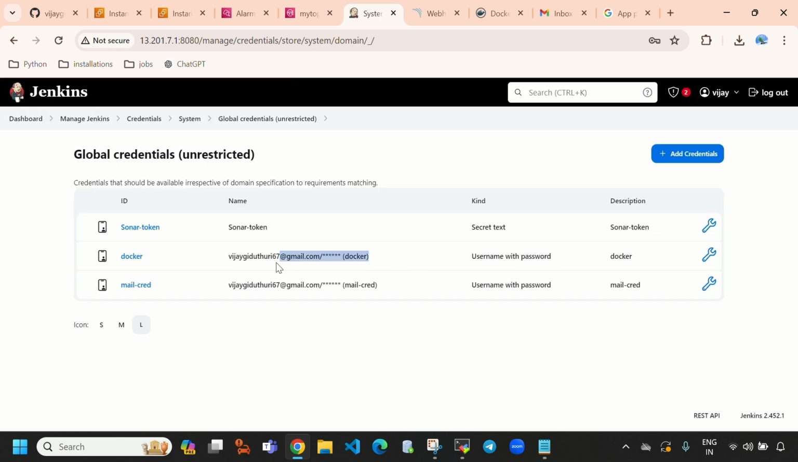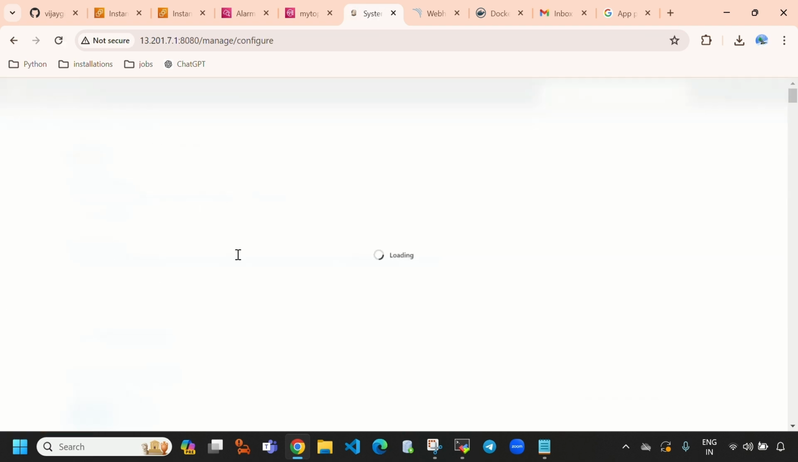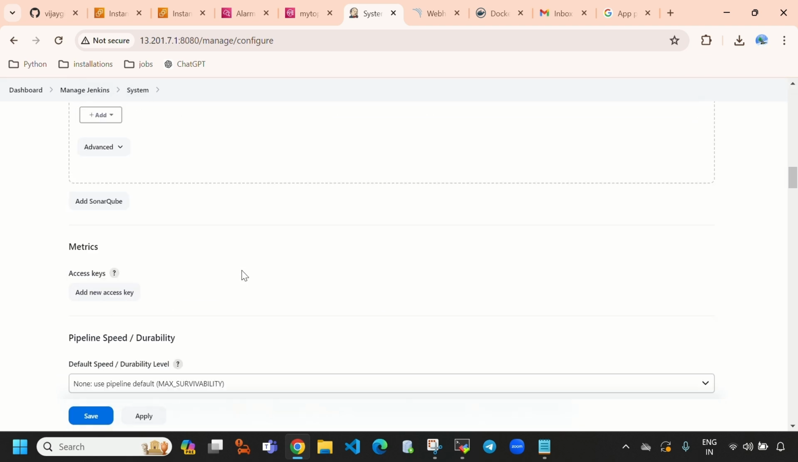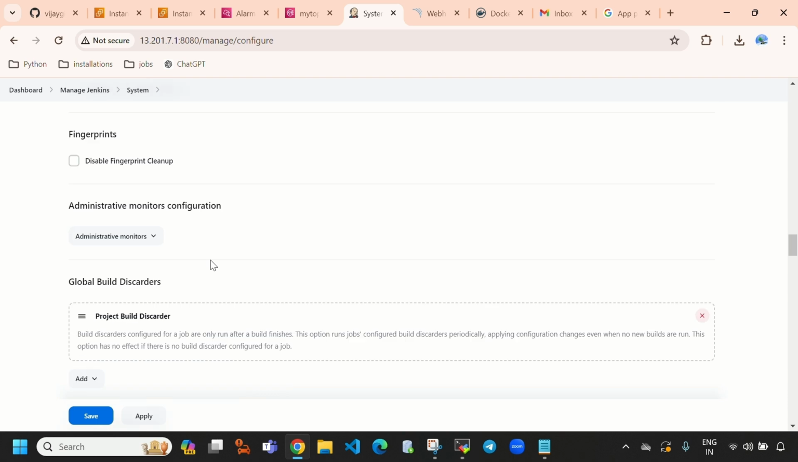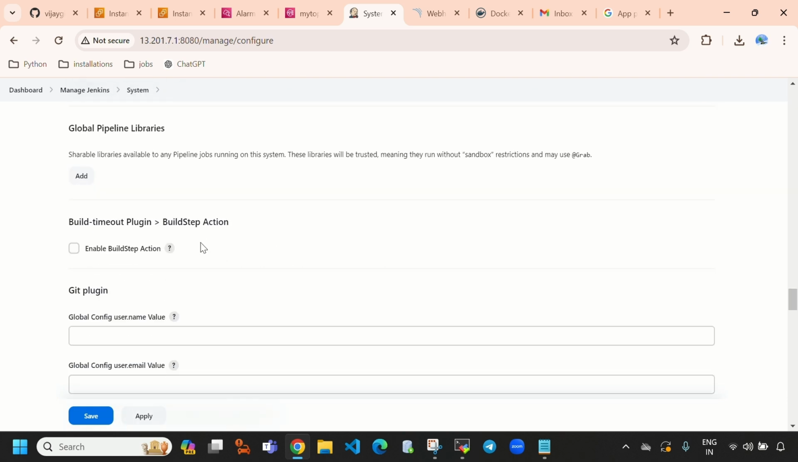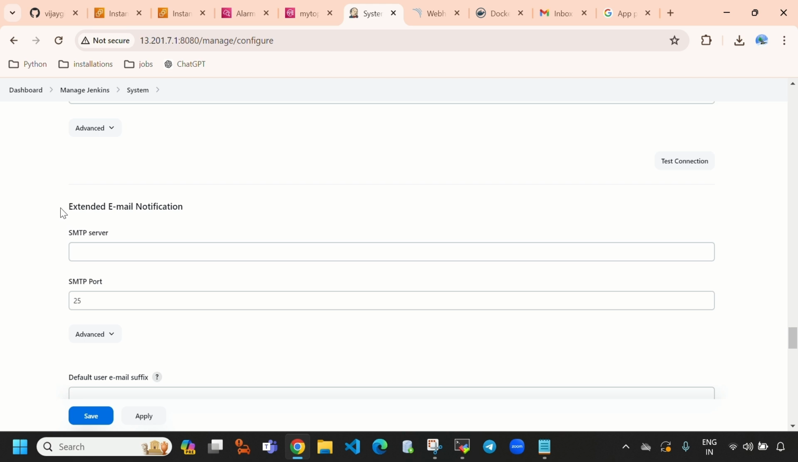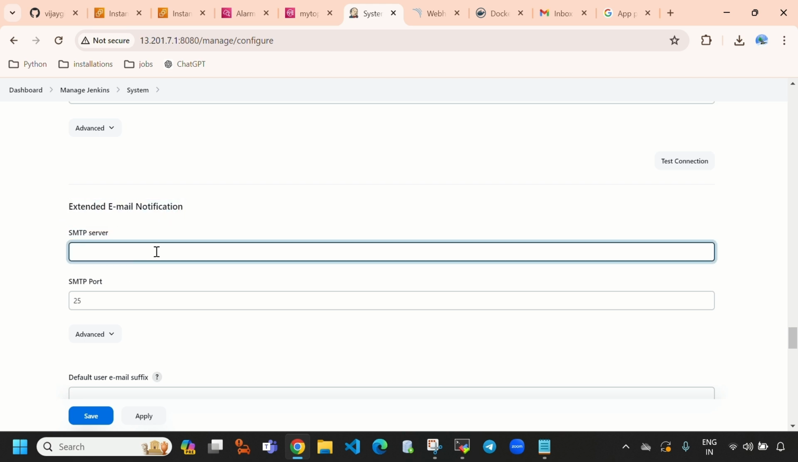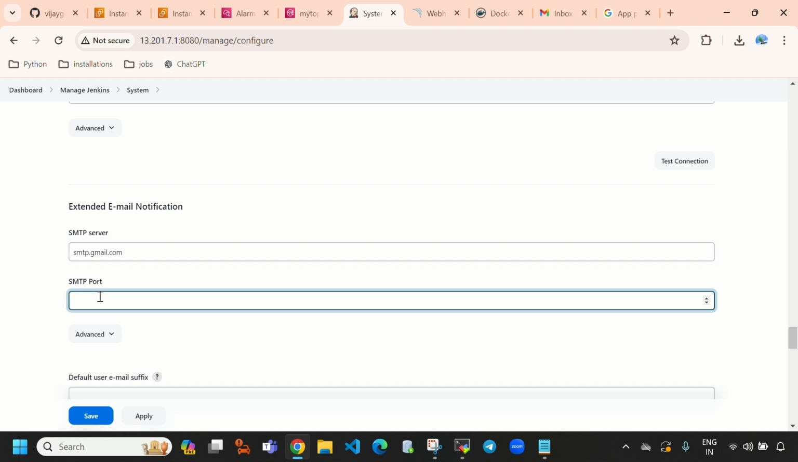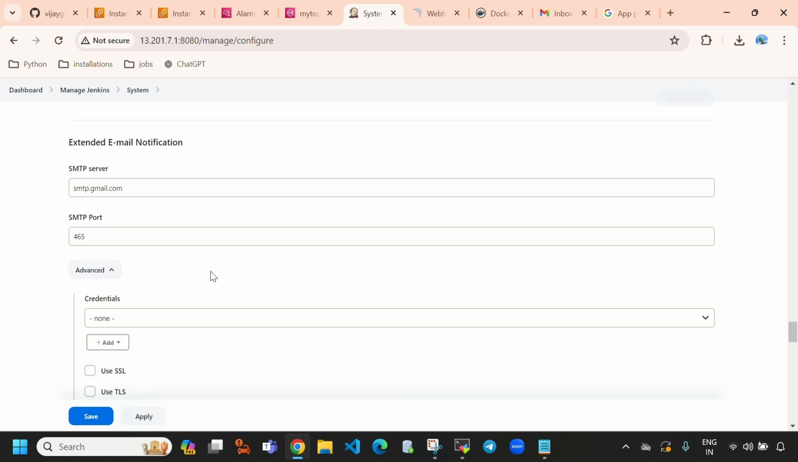Here you can see this is our Docker Hub credentials, this is our SonarQube token, and this is our mail credentials. Now let's go to Manage Jenkins and select System, because we need to integrate our email. Come down and search for email. Here you can see Extended Email Notification. Under SMTP server, you need to select smtp.gmail.com, and provide the SMTP port, which is 465. After that, select Advanced, and in credentials